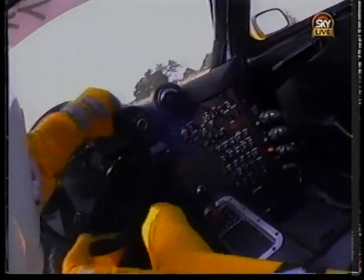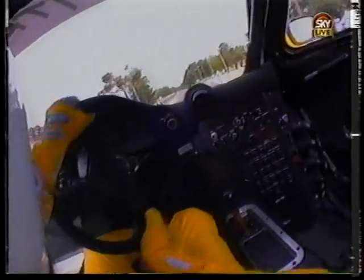then up into 6th gear, and then over the famous brow before the Mulsanne corner, which used to be taken at 250 miles an hour. Now it's probably about 180. Immediately you come over the brow, you come down into the Mulsanne corner, which is right down into 2nd or 3rd gear, depending on how you're running. It's a very slow corner. Watch the wheel spin coming out. Up into 3rd, 4th,